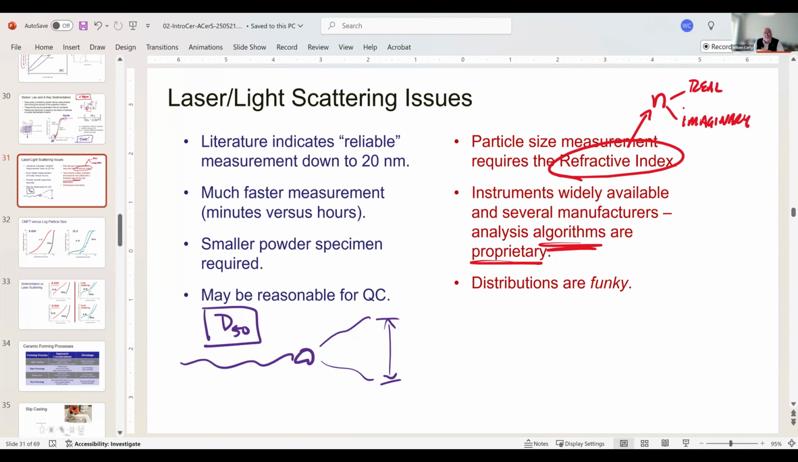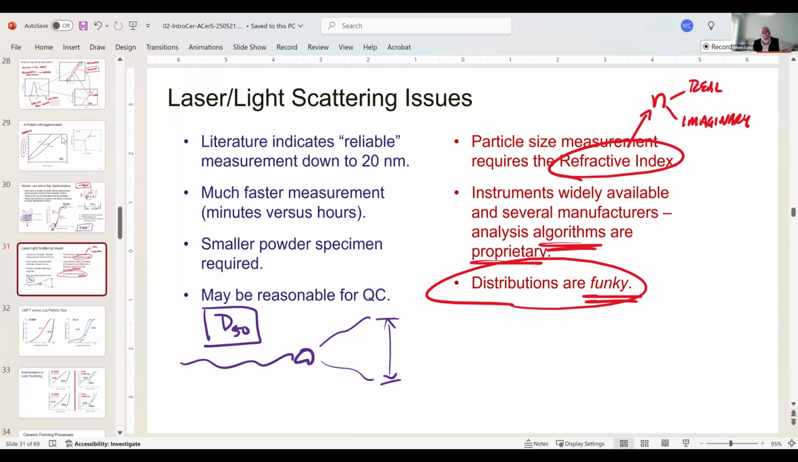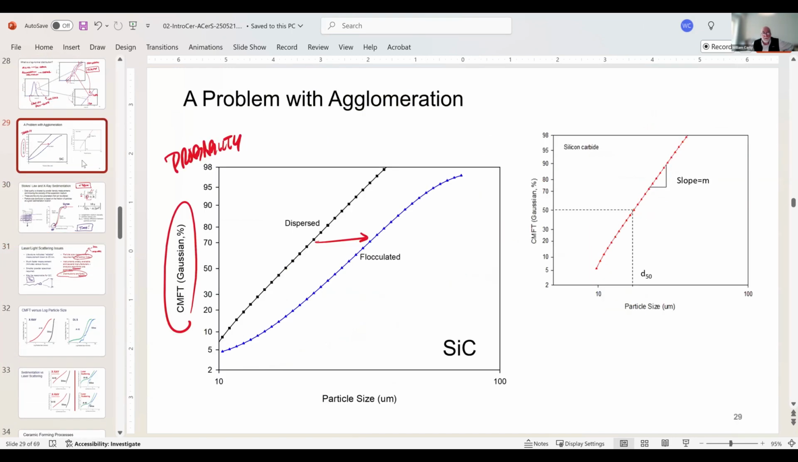I'm not talking about manufacturing data. I'm talking about how they get the measurements. They won't tell you. They just give you the distribution. And the fact is the distributions are, for lack of a better term, funky. Because of this technique that we've been working on to look at our particle size distributions differently, we then